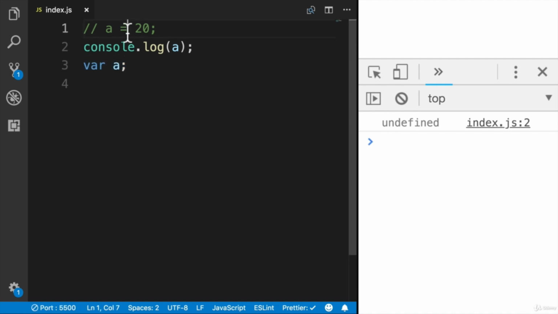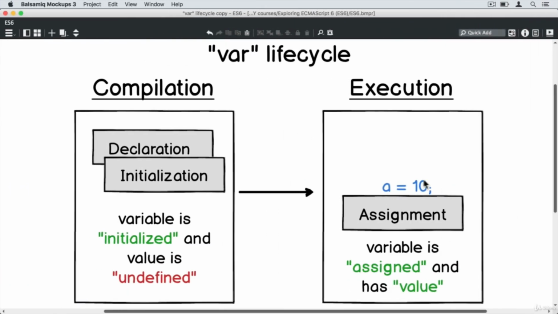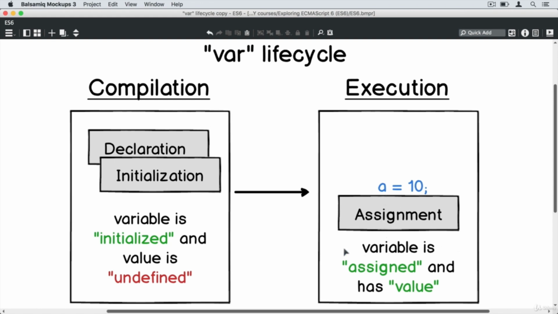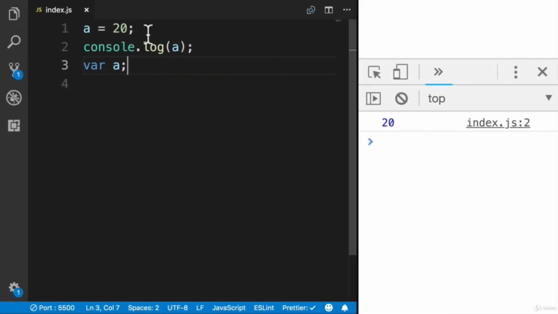But if I do the following, uncomment this line and save, when the JavaScript engine executes code and hits this line, it will perform assignment of the value to the variable. And after this, the variable is assigned and has a certain value. In this case, the value is 20, and on this line I am able to access this value, because the variable is already assigned. Let me split this example into two examples